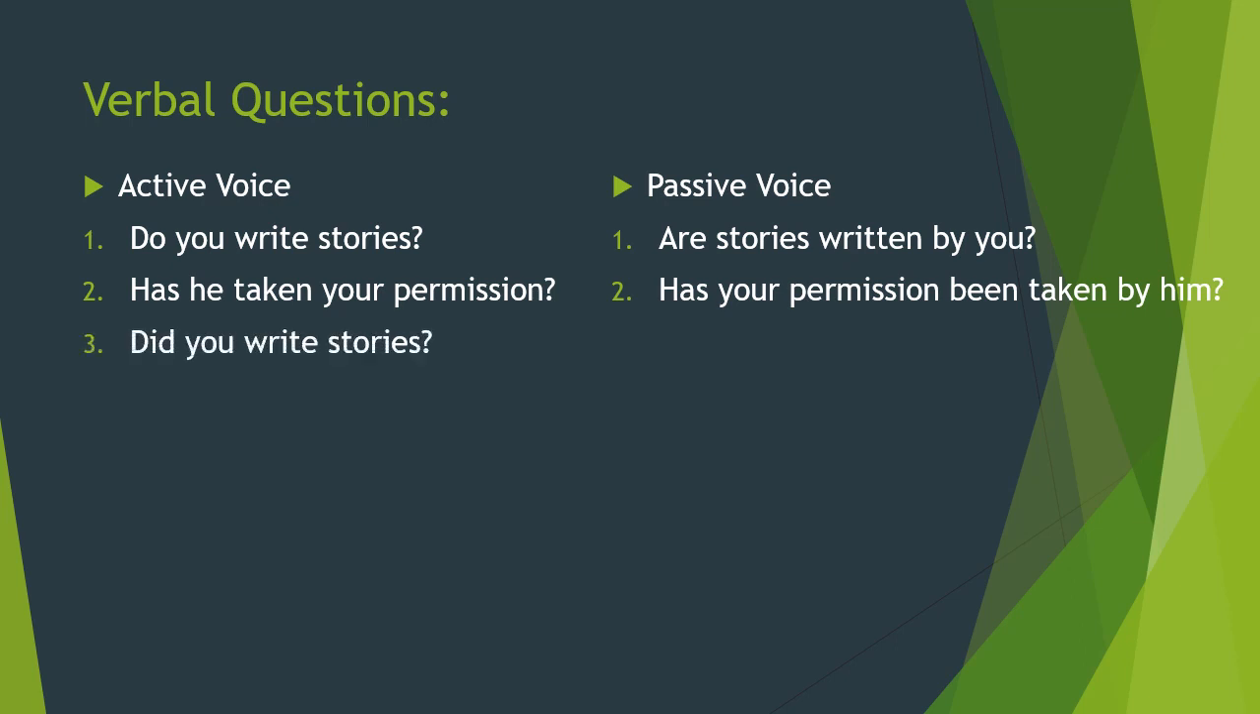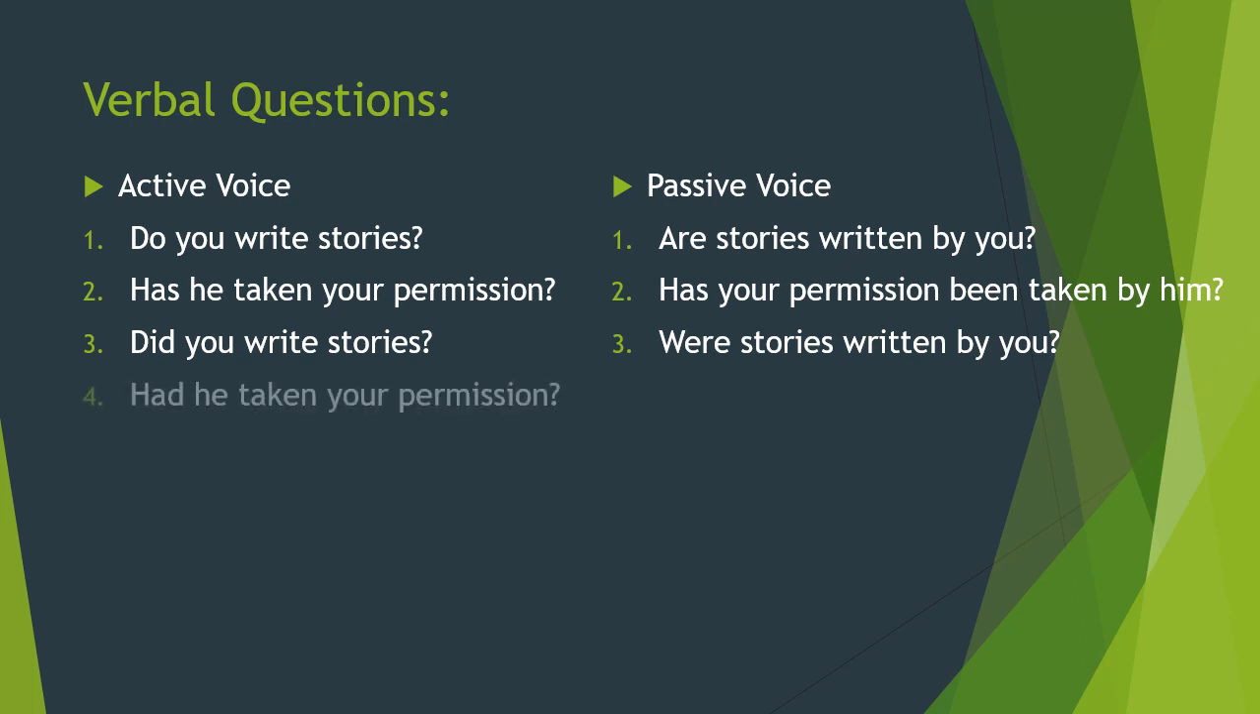Now the third one. Did you write stories? Do you find any similarity with the first sentence? It is similar. Only the tense is changed to simple past. Did write is in simple past. So in passive it will be was or were, and since stories is plural it will be: were stories written by you. Now the next sentence, had he taken your